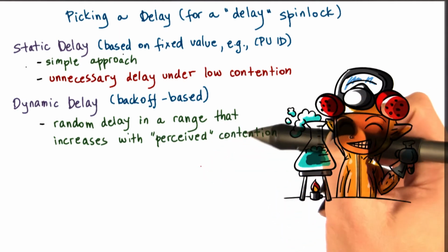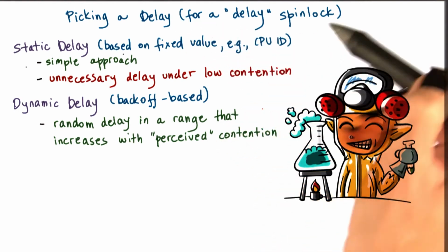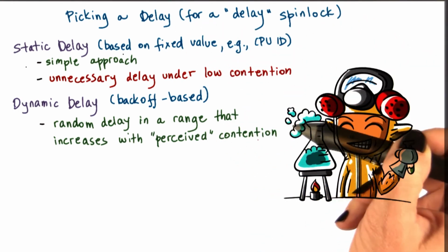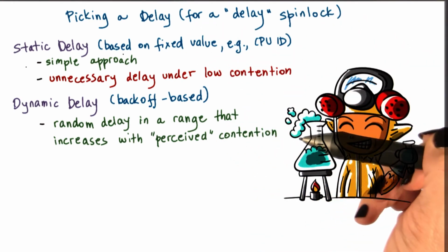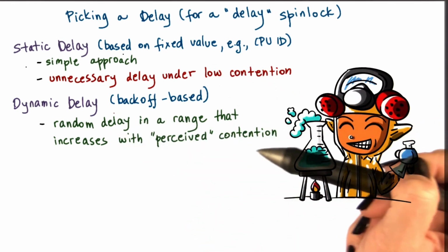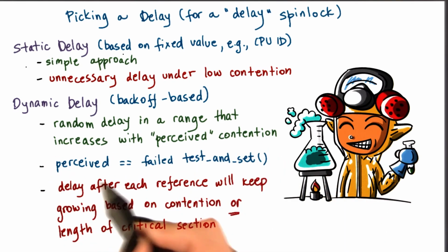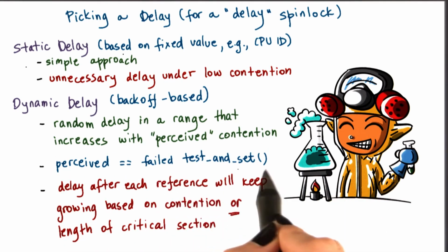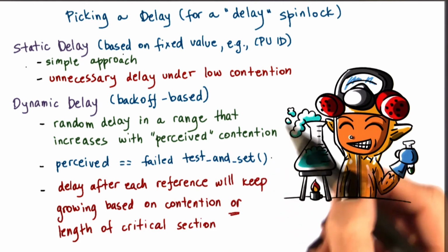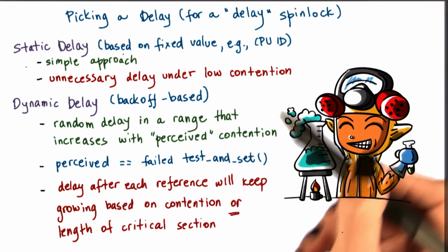We don't know exactly what the contention in the system is, so each of the processes, the implementation of the spin lock, somehow has to infer whether the system is operating in low or high contention so that it can pick an appropriate delay. So a good metric to estimate the contention is to track the number of failed test and set operations. If a test and set operation fails, the more likely it is that there is a higher